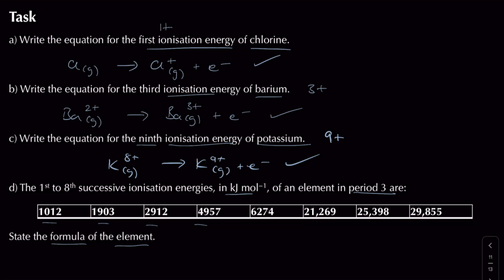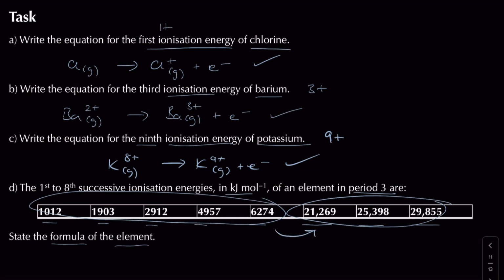If you were to look at it though, between this value and this value, you actually end up with a massive jump, because these 3 values over here seem to fit one trend, but then these 5 electrons that you're removing one after another are going to have their own trend where it's going to be very similar in terms of the data. Now the big jump is from 5th to 6th, so we know after the 5th electron, when we're removing the 6th electron,